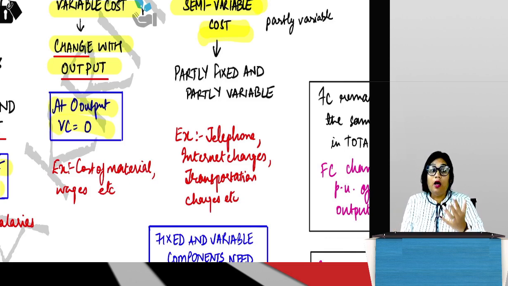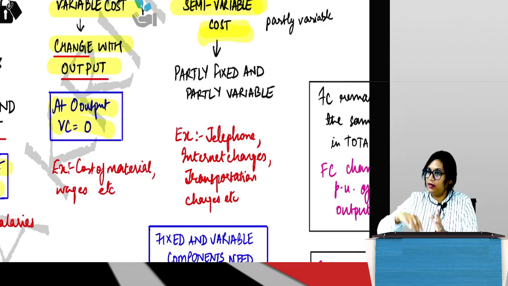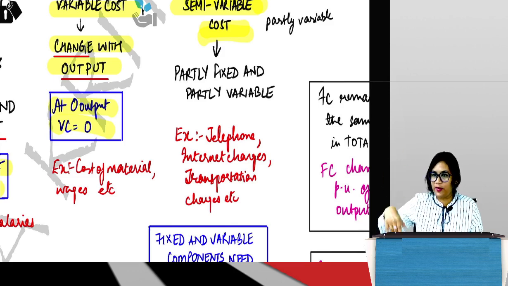Now there is a way to split those components. There is a manner in which you are to split, which obviously you don't know at this point in time. We will be studying this when we come to overheads chapter. For now, don't bother. Guys, is it okay? For now, just understand the meaning of semi-variable cost. So semi-variable cost is one component being fixed, which will behave like fixed costs, irrespective of change in output. That fixed component will remain fixed, but the variable component will change with output.